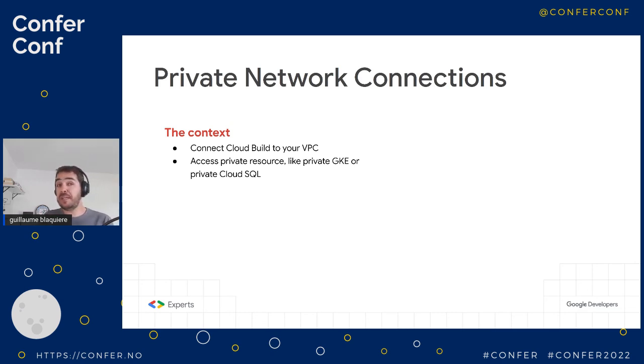Maybe you have also a private GKE or a private Cloud Composer, also only accessible from your VPC. And for that, you need to connect the Cloud Build VPC to your project VPC and to peer the two VPC.